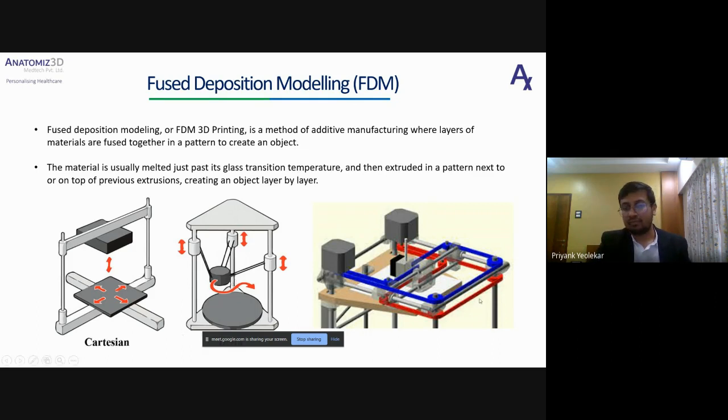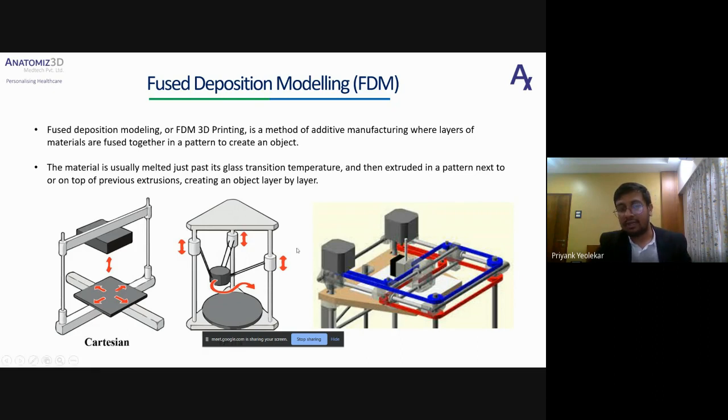printer. The third one is nothing but your Core XY orientation, wherein your X and Y axis are stationary. They normally don't move. And your Z axis is nothing but your bed, which moves up and down. That is Z direction.